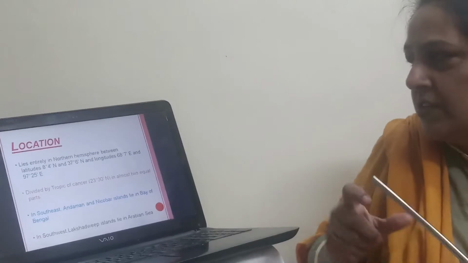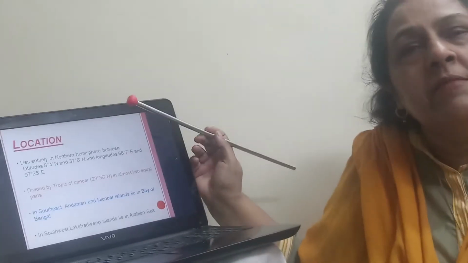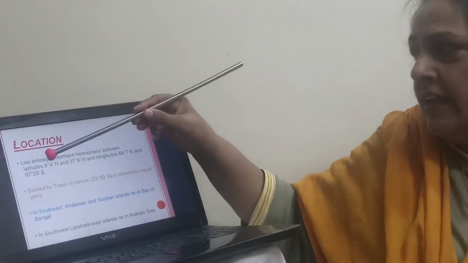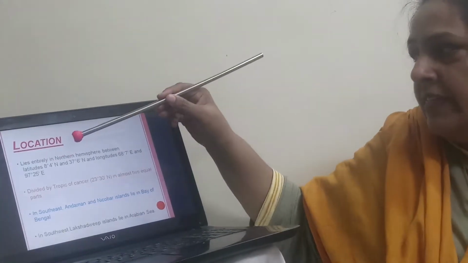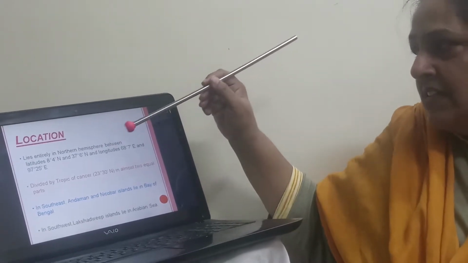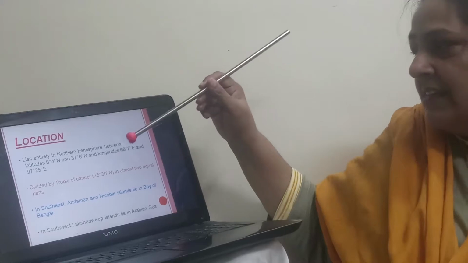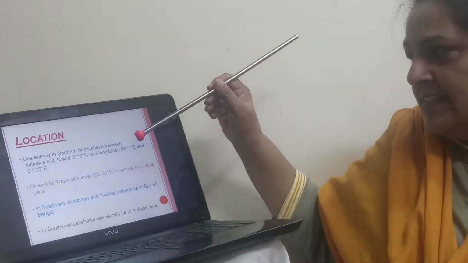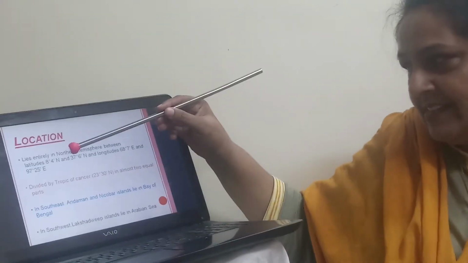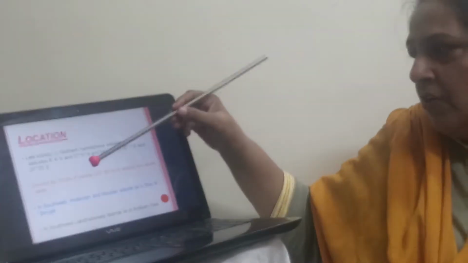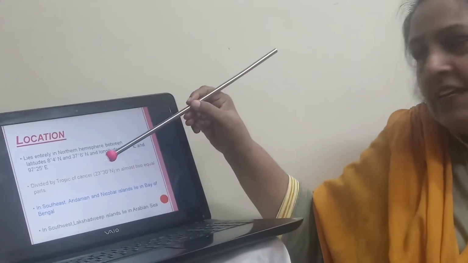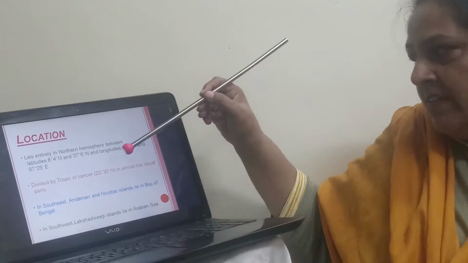What is the location? India lies in the northern hemisphere, that is in the north of the equator, 8 degrees 4 minutes north and 37 degrees 6 minutes north. Longitudes 68 degrees 7 minutes east and 97 degrees 25 minutes east. It is divided by the Tropic of Cancer, that is 23 degrees 30 minutes north of the equator, into almost